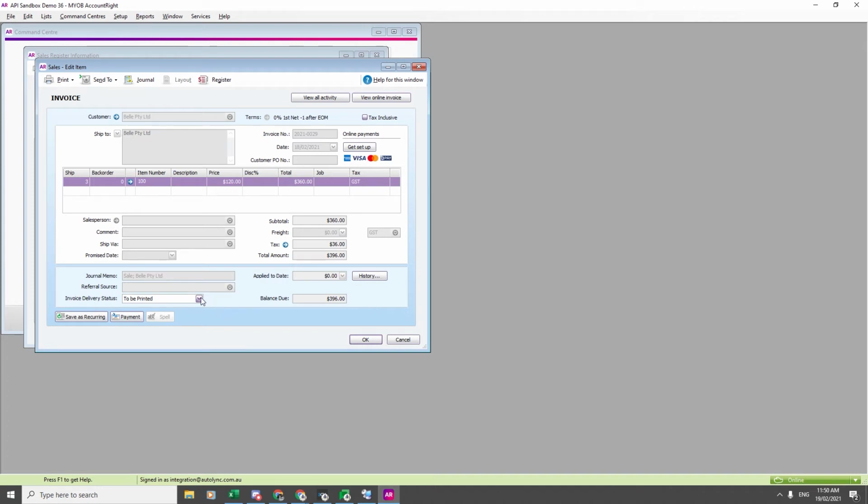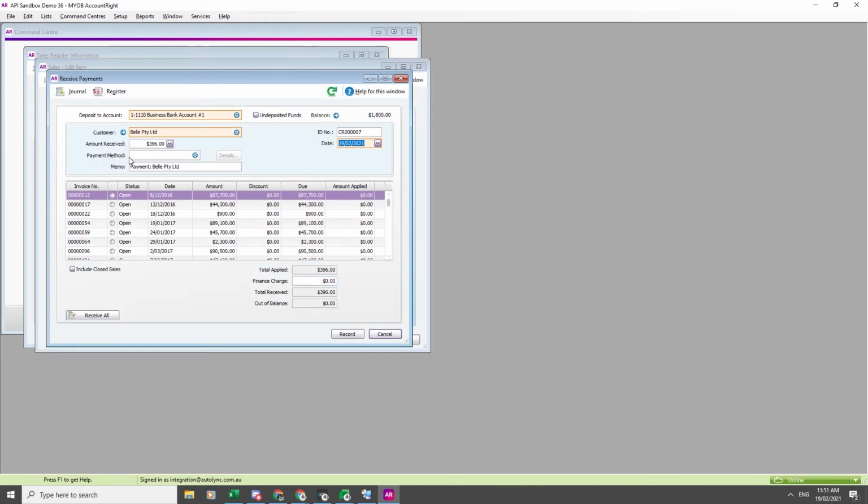So then it can be printed, posted, mailed, whatever the process is on your end, and now we can make individual payments against it. As you'll be aware, you can make a payment of any amount, but since we are going to show you the partials, I will show you exactly that.